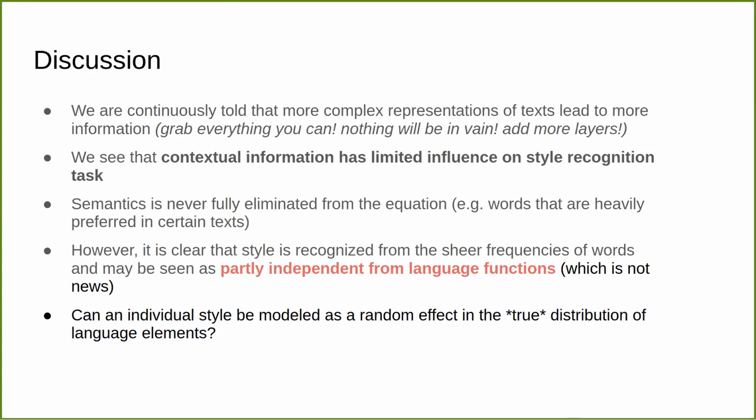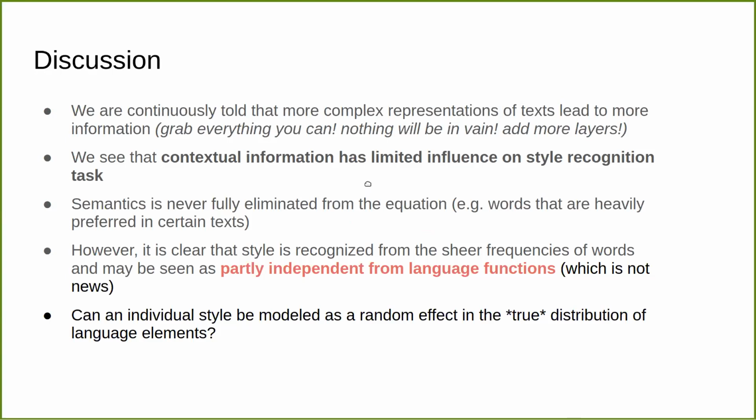They work, and we assumed that this word order is somewhat important. It is not, as we see. They just work because we have access to the words, right? And if you see this context sponge or word sponge, it is basically effectively the same procedure as having word frequency vectors and not dealing with word embedding models at all. So what we see is that the contextual information, at least in the sense of word embeddings and word co-occurrence with each other, has limited influence on style recognition.